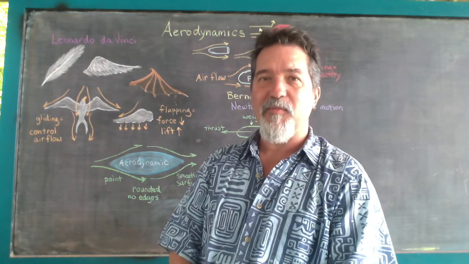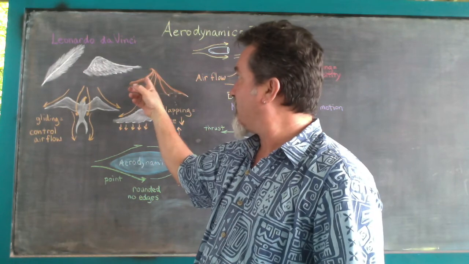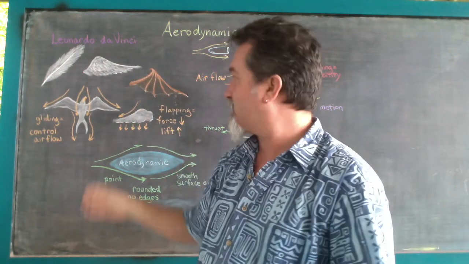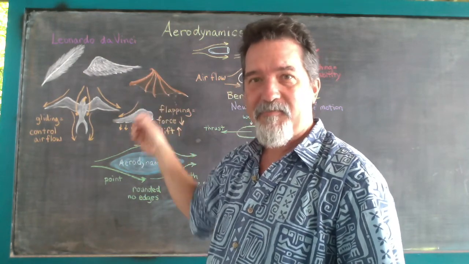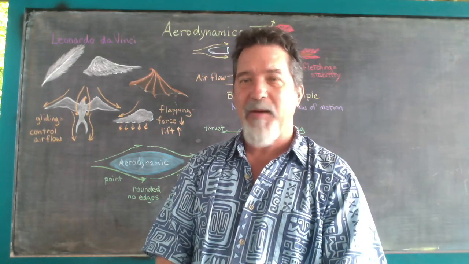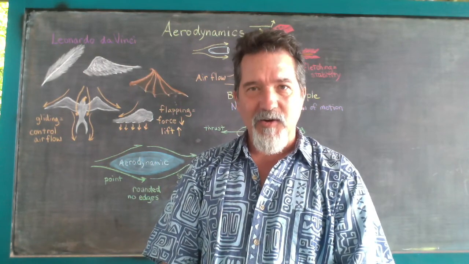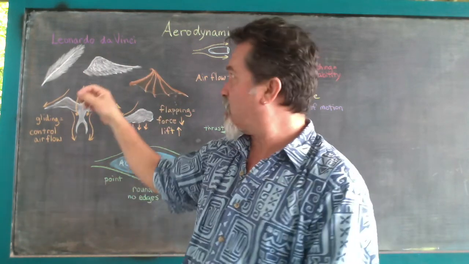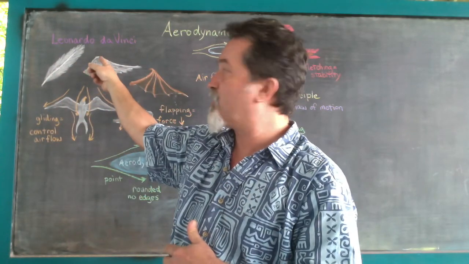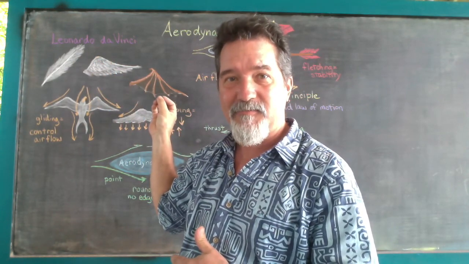Now, in the case of either a bat or a dinosaur or even a dragon wing, we have again a lightweight skeletal structure. And instead of having feathers in between, there would be some sort of flap of skin. Still having the same principles, and one of the key principles that we would say about all of these is that the leading edge is thicker than the far edge. So we could say that a bird's wing is larger around the shoulder, or around the part that meets the air first, and then tapers down to a thin edge at the end.